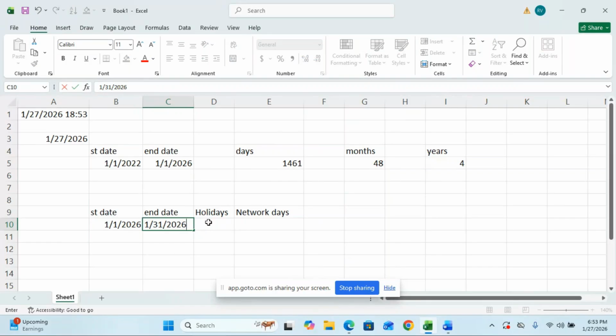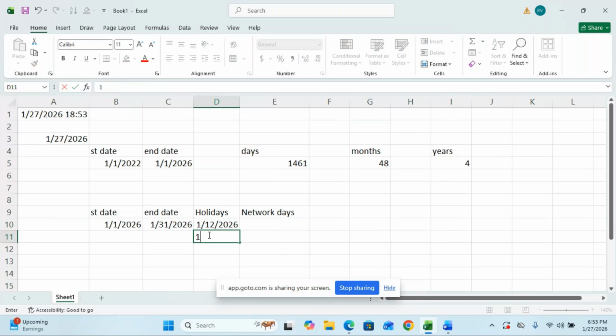Number of holidays. In the middle, if the employee has taken, for example, 12, 2026, and then 1, 13, 2026. So you have to give equals